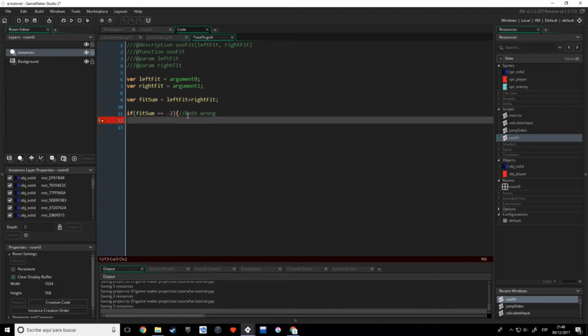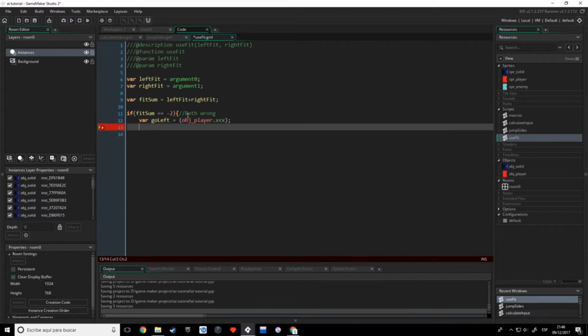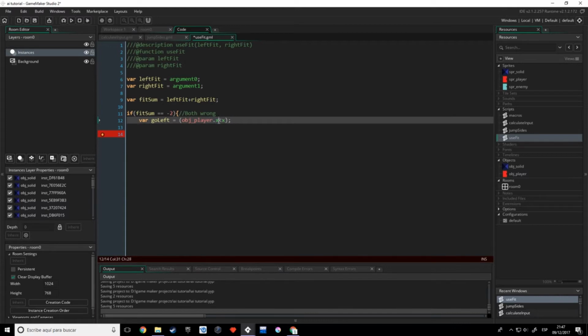And what we're going to do then is we're going to assume it wants to go left, and it's going to be equals to the obj player dot x being less than the AI's left the obj x's being less than